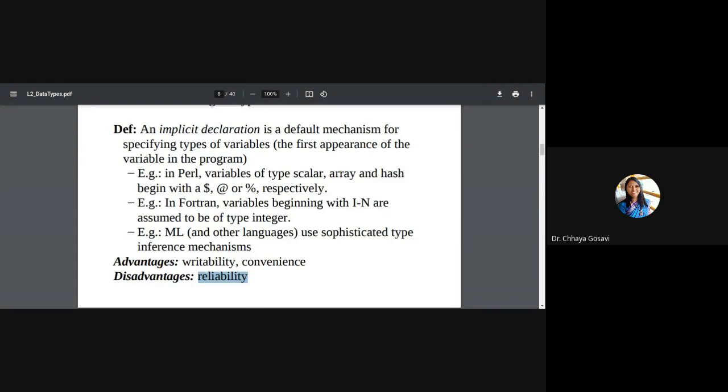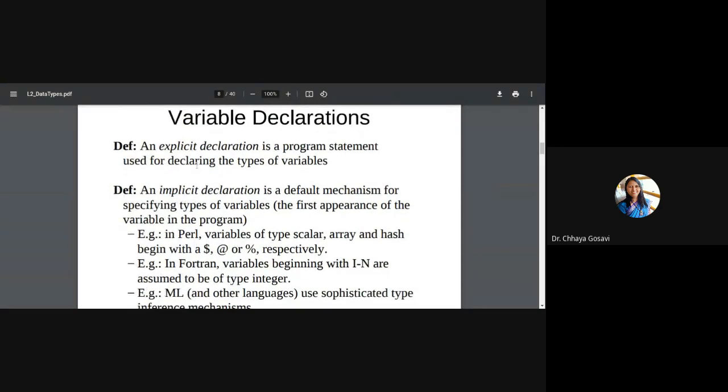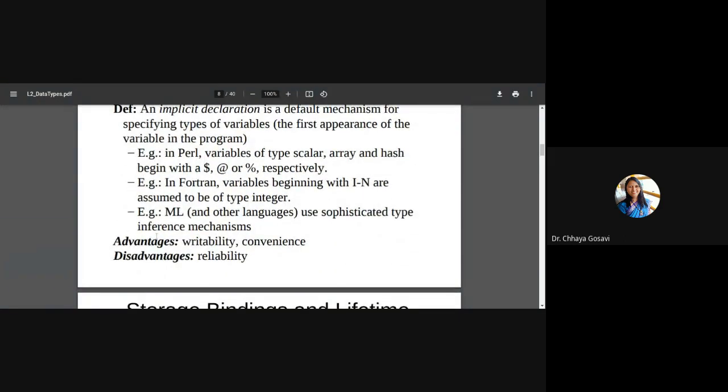So that will cause some errors. So it will affect the reliability of your code. So this advantage and disadvantage are for implicit declaration, and just the reverse of this is explicit declaration. Explicit declaration is reliable, that is the advantage; the disadvantage is writability and convenience for a user.